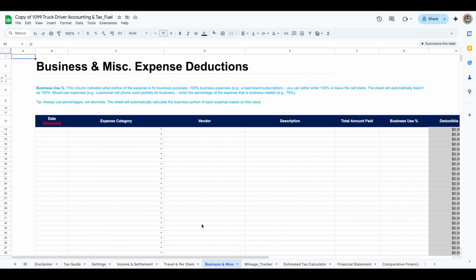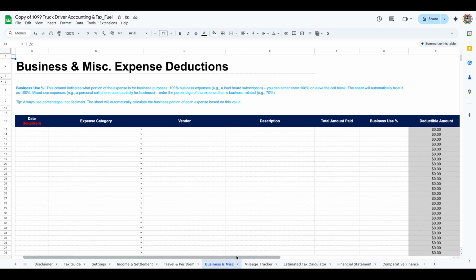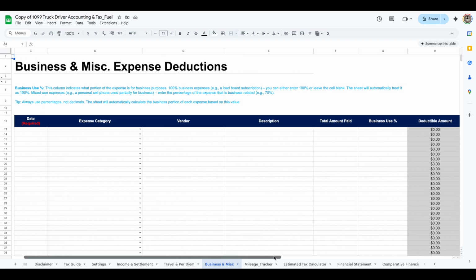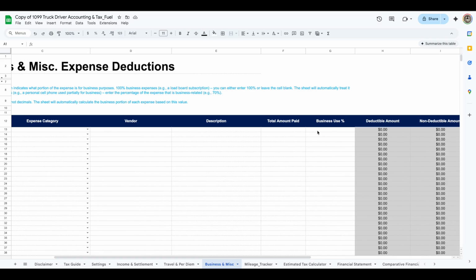And then the business and miscellaneous, same thing. You can log all of your expenses, and then you can put the percentage that is related to your business. So let's say you spend $100 on cell phone bills, and let's say 90% of that is business related. You can put 90% here, and it'll calculate automatically that you get $90 deducted out of your statement for tax